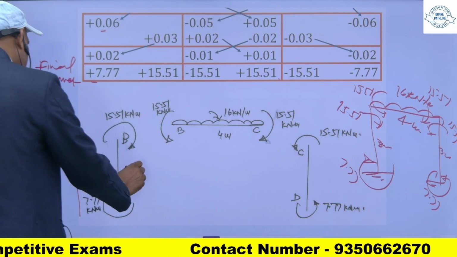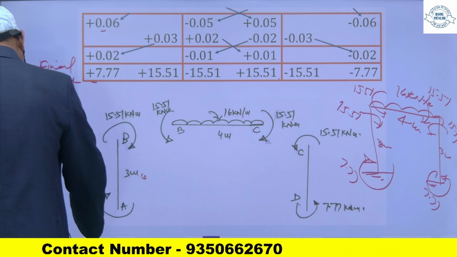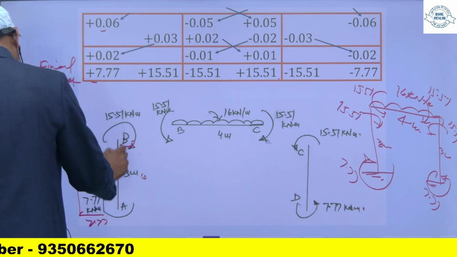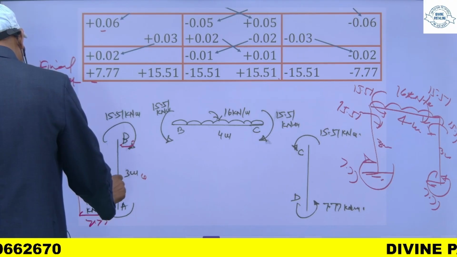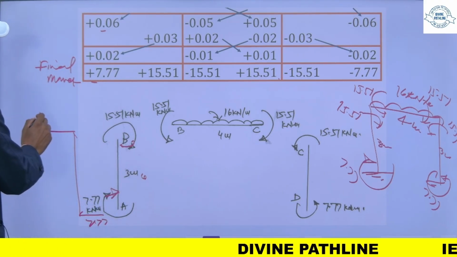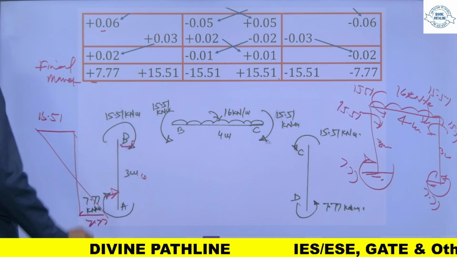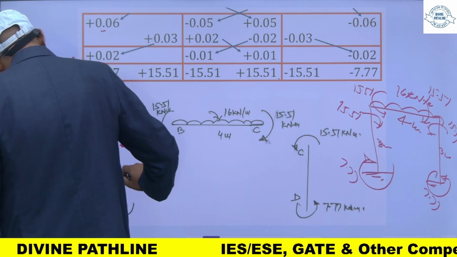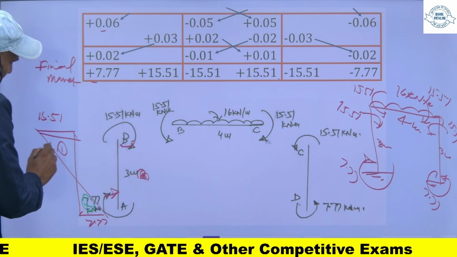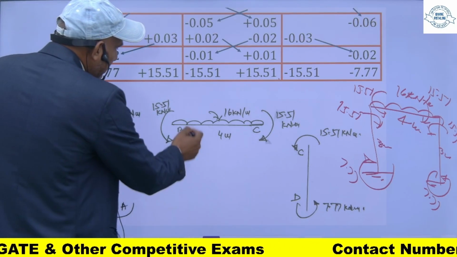अगर मैं यहाँ खड़े होकर देखता हूँ तो ये इधर जाएगा, और यहाँ पर इस एरो को देखेंगे, always plot on the direction of the arrow, तो ये इधर आएगा 15.51, इसको मैं मिला दूंगा। अगर मैं यहाँ खड़े होकर इसको देखता हूँ तो ये मेरा सैगिंग हो जाएगा, ये मेरा हुकिंग हो जाएगा। ये बेंडिंग मोमेंट डायग्राम इस पोर्शन का आ गया।